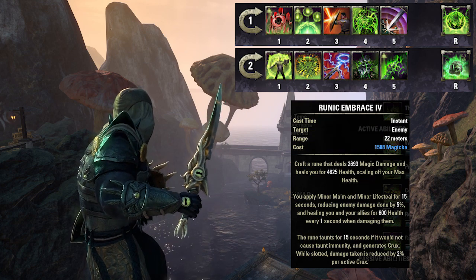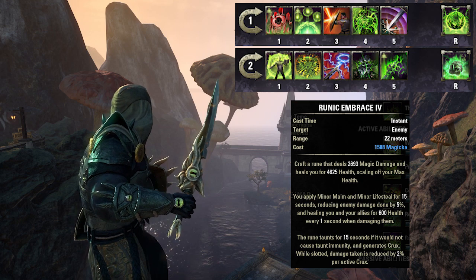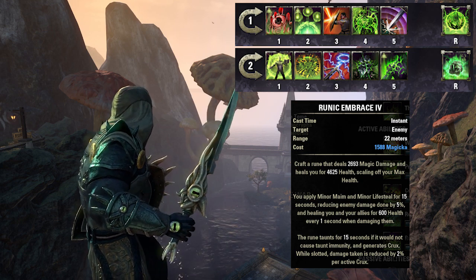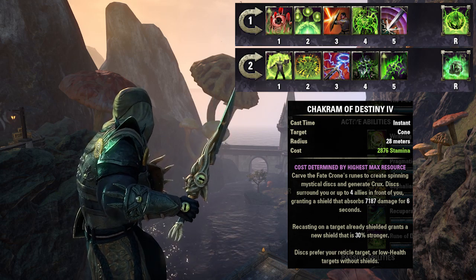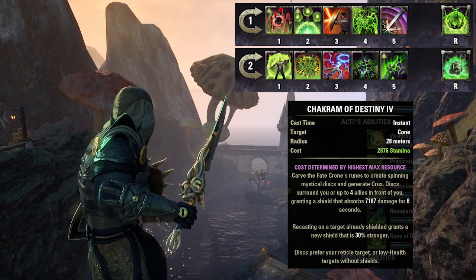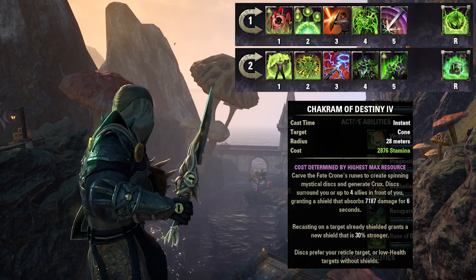Runic Embrace is a simple ranged taunt which also provides a heal, minor maim and minor lifesteal, which is a nice amount to get from one skill, making this very efficient. Chakram of Destiny is a great skill which applies a nice shield to you or up to 4 allies. This can be increased by casting again, but otherwise has no fuss and serves as a simple measure of boosting